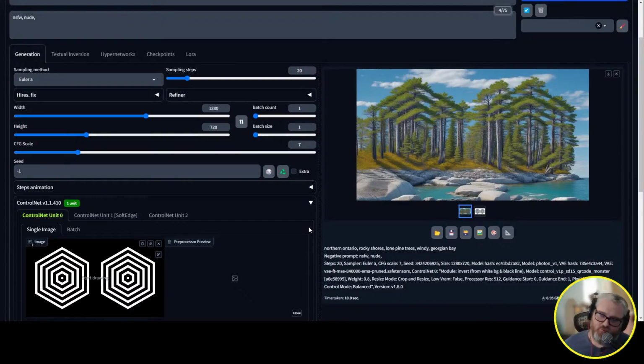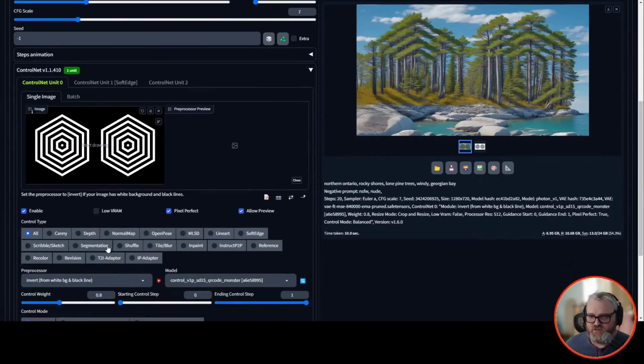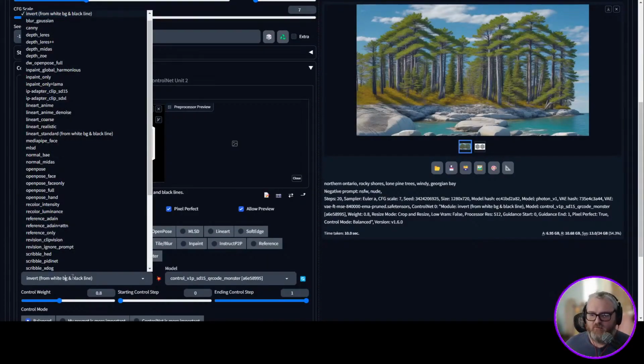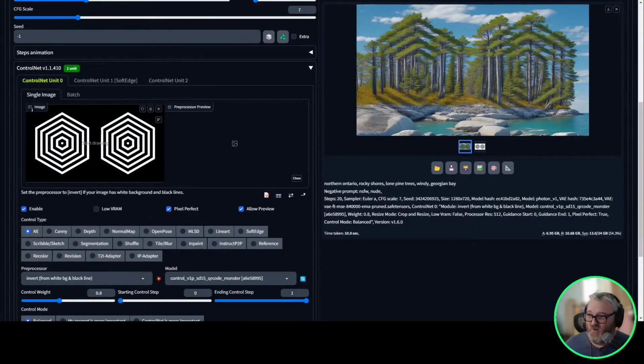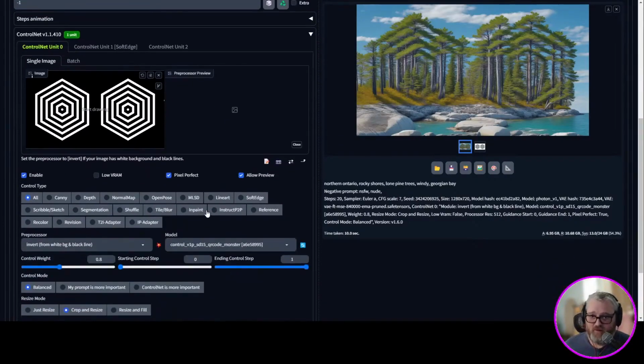Yeah, this is great if you're already nerdy with Photoshop or Blender or something, and you can make your own masks. You can do whatever you want. It's really fun. If you're not and you don't know what to do, if you just Google black and white silhouette images, you can use any of them as a mask. If it's got a white background and a black foreground, you need to make sure you're inverting it. Although this one has a black background and white, and I inverted it and it looks fine. So just try both ways, I guess. If it doesn't look right, invert it. If it does look right, forget it.